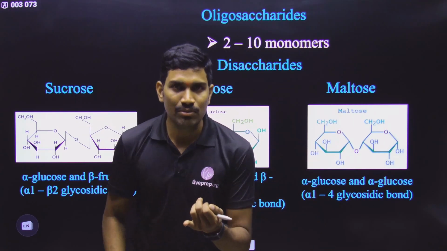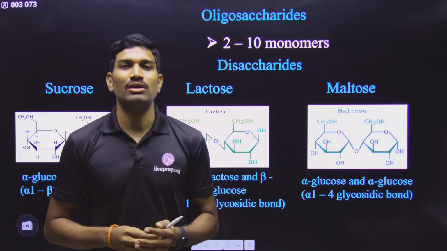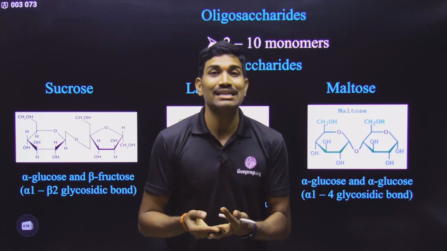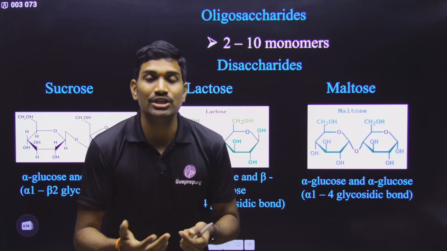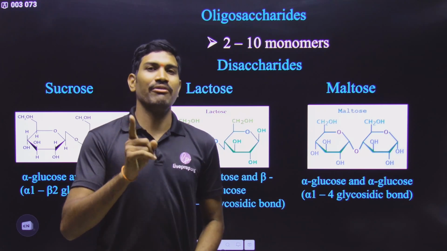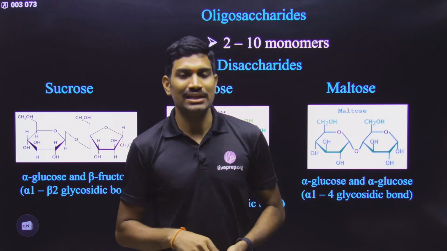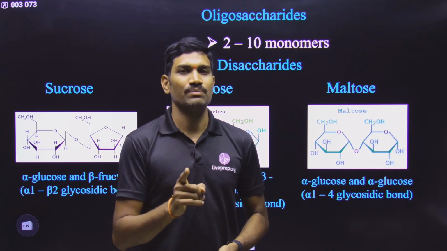Sucrose is called table sugar or the normal sugar. It is also called cane sugar because this sugar is obtained from sugar canes. Understood? And it is also called invert sugar. Please remember this word. Very, very important because even though the digestion and absorption chapter is deleted, I will tell you about some enzymes, names and functions. You need to remember those.